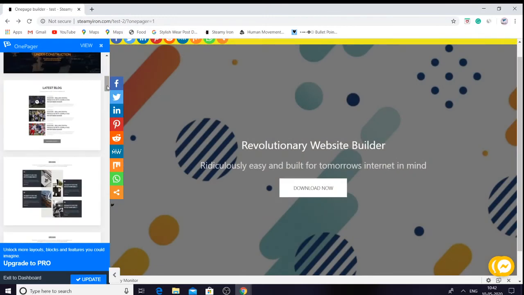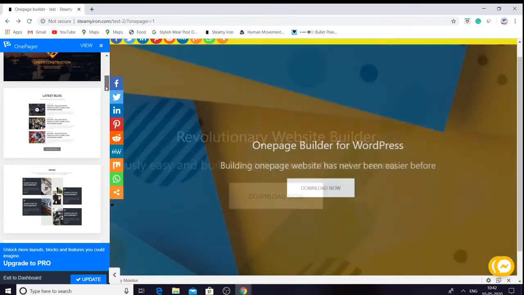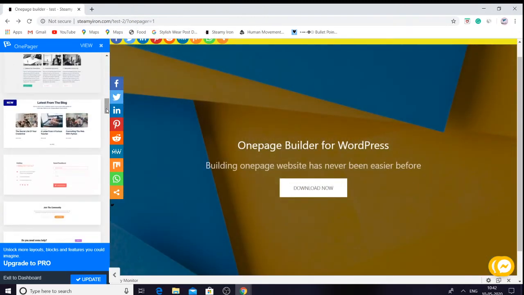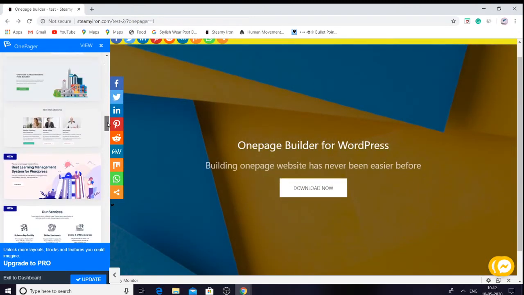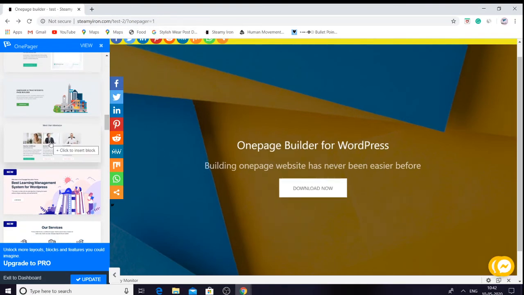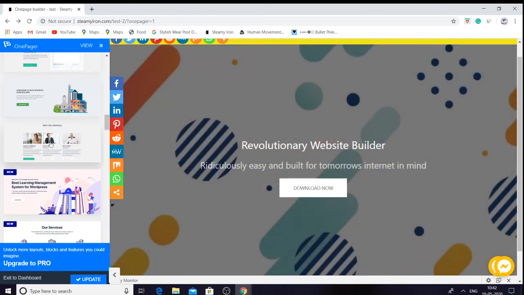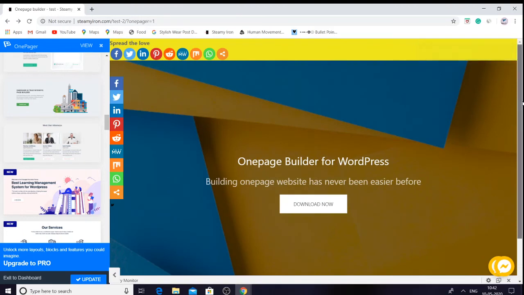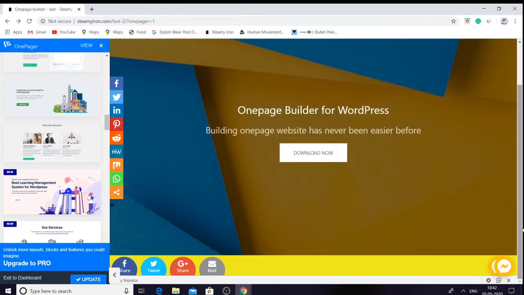If my page is under construction, I can choose this template. Suppose I want this thing to add for company purpose or something like that, it will appear below it.